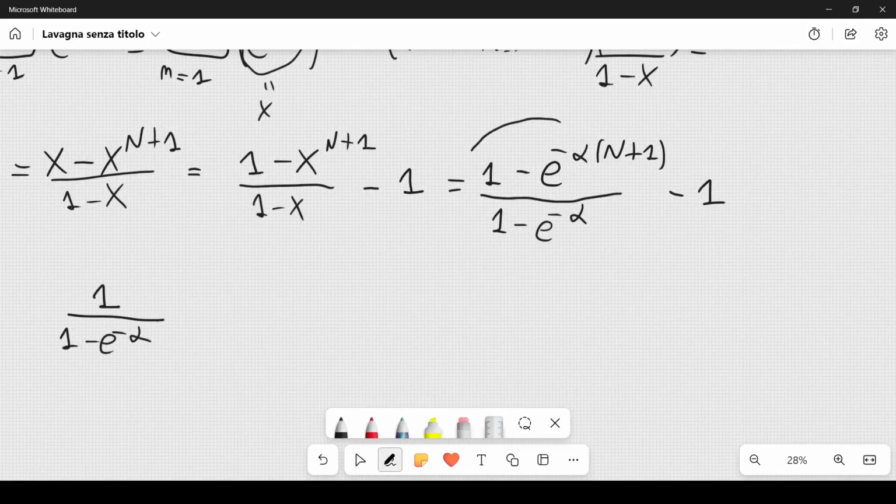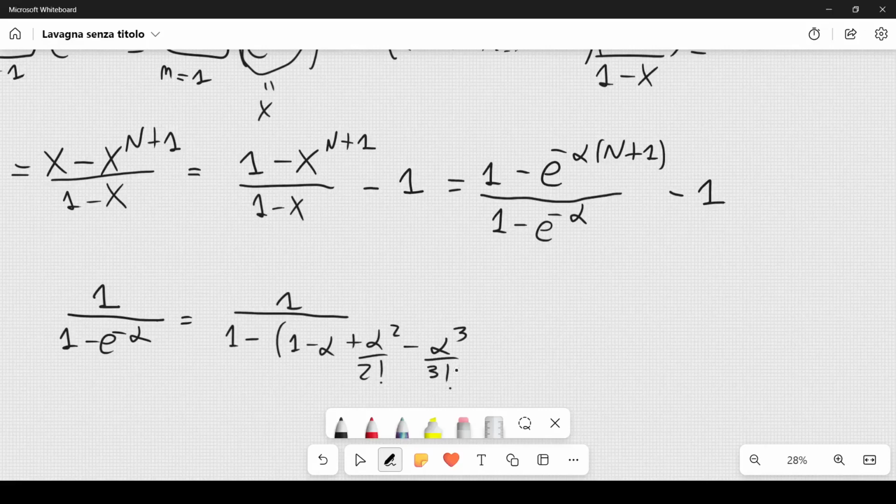So this quantity multiplies this numerator. So I'm going to make some considerations only on the denominator, so in particular on this term, which appears in that expression. This can be written as 1 over 1 minus, and then I'm going to expand this exponential, so I have 1 minus alpha plus alpha squared over 2 factorial minus alpha cubed over 3 factorial plus dot dot dot. So I can rewrite